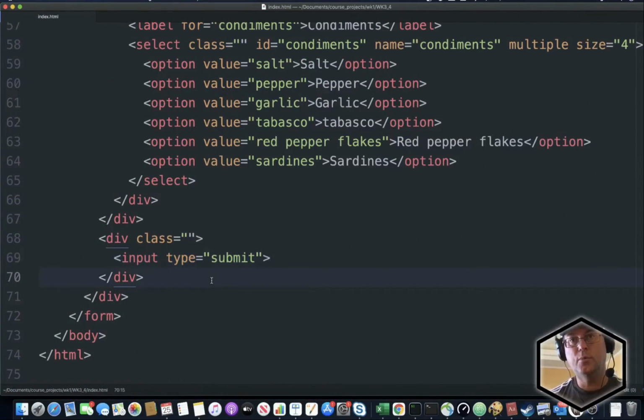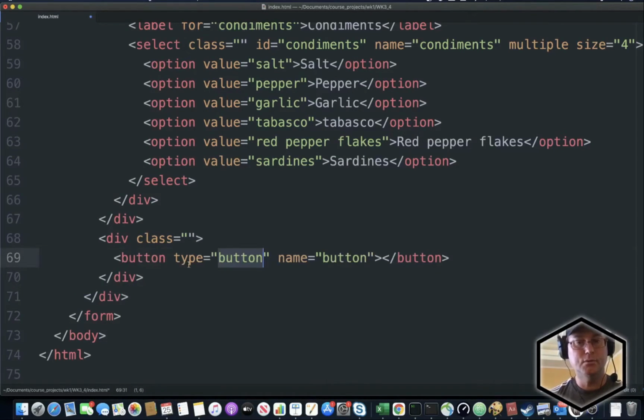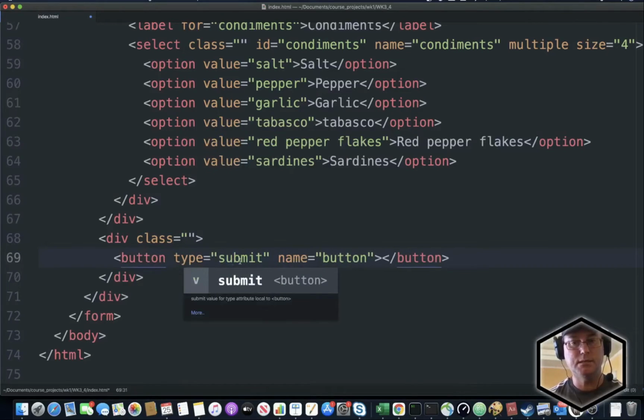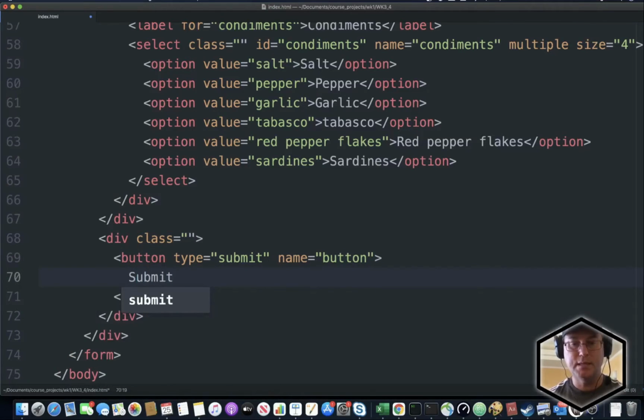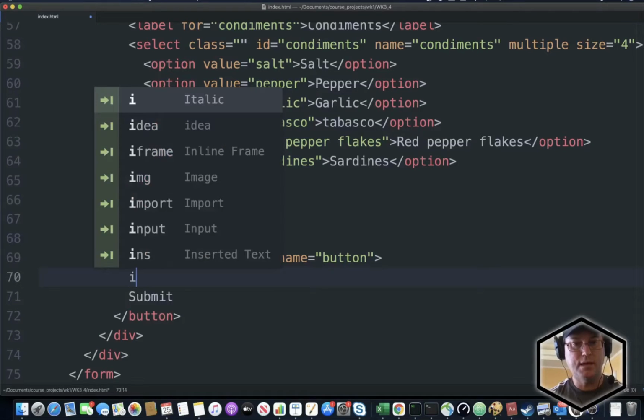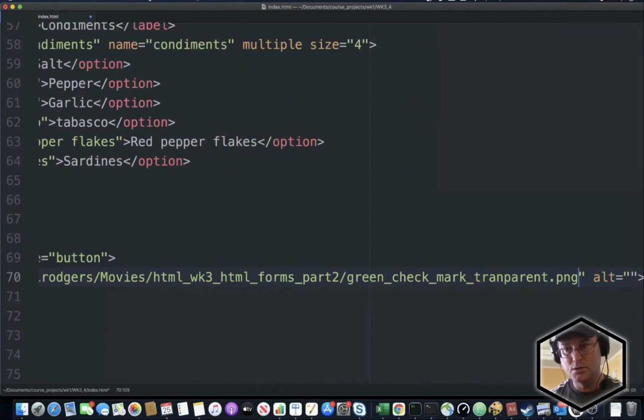Okay, so let's go down and replace our input submit button at the bottom of the page with a button tag. We'll type button, hit enter. We'll change the type to submit. Inside the opening and closing tags, we're first going to add the text submit, because this is how you get text to show. And then right above that, we're going to put an image tag. I've already downloaded an image. You can do your images as well. In the alt, put a suggestive name here,